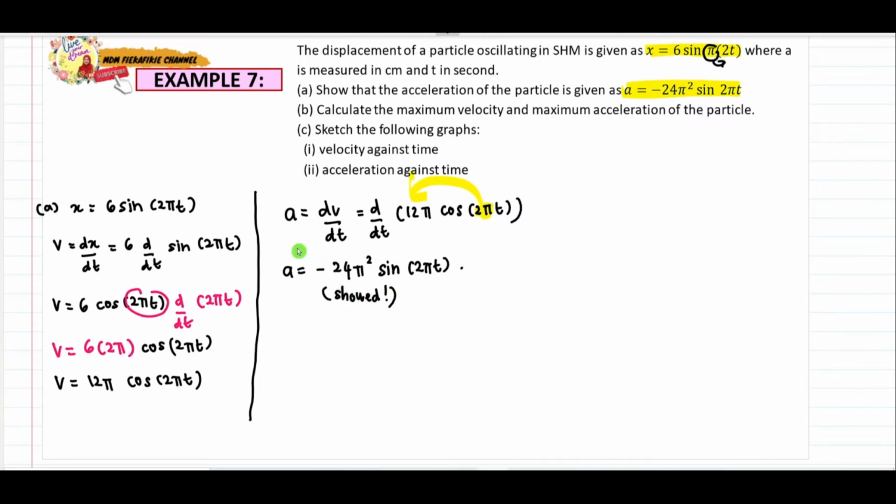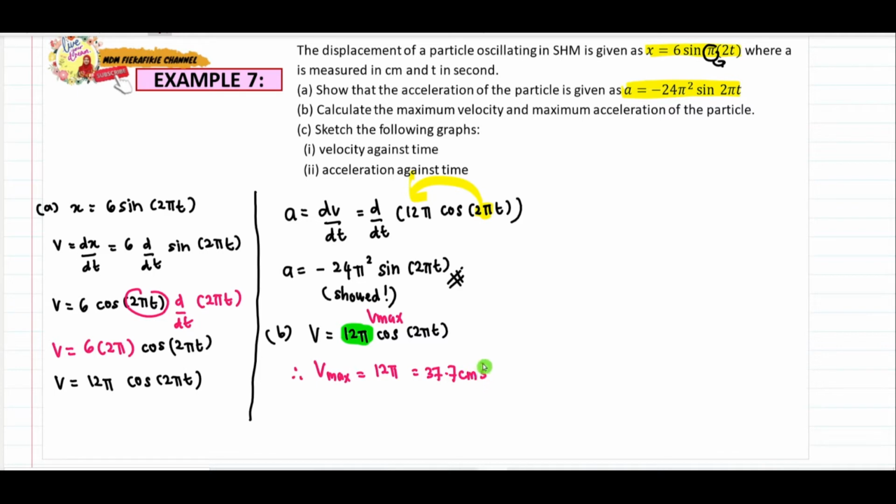Okay, so B. Calculate the maximum velocity and maximum acceleration of the particle. Okay, so based on the equation, as we have v is equal to 12 pi cos 2 pi t. So remember, the value here is actually v maximum. Therefore, tak perlu kira pun, saya dah dapat nilai v maximum saya, which is equal to 12 pi and it is equal to 37.7